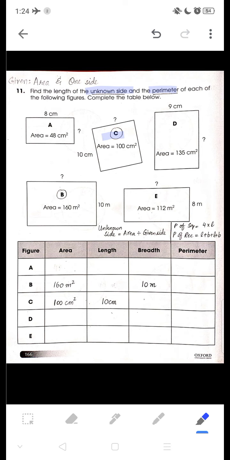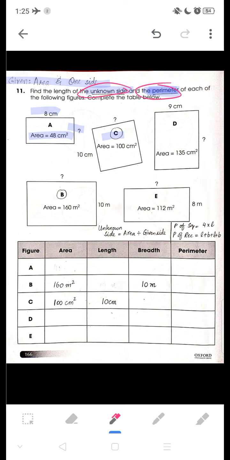Because there is a shorter side and a longer side, the longer one is known as length and the shorter side is known as breadth. So there will be two sides, this one, and the area and the perimeter. So four elements for this rectangle. Now the given elements are area and one side, and you have to find the other side and the perimeter